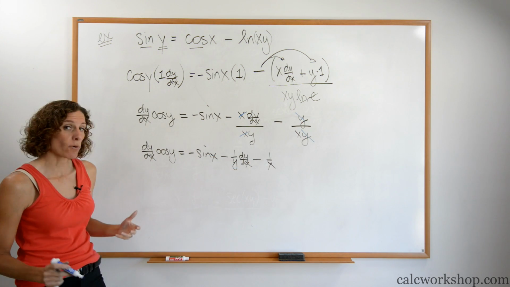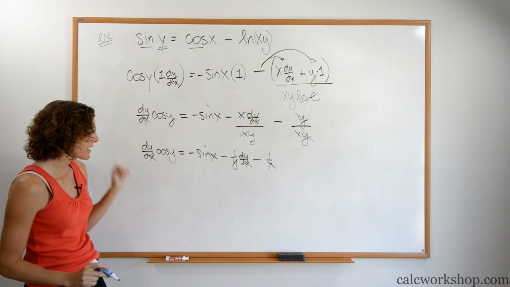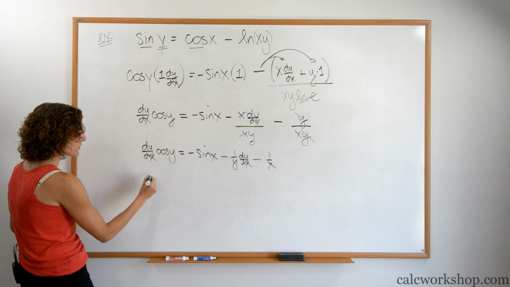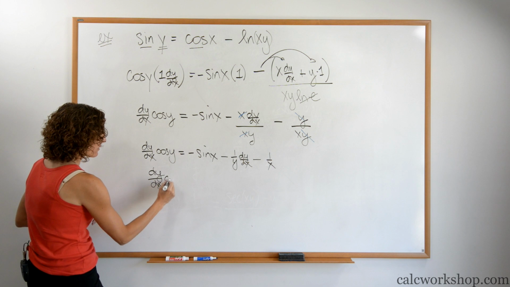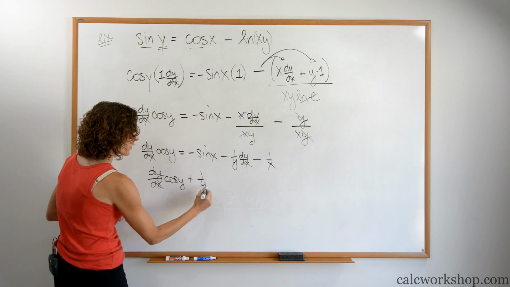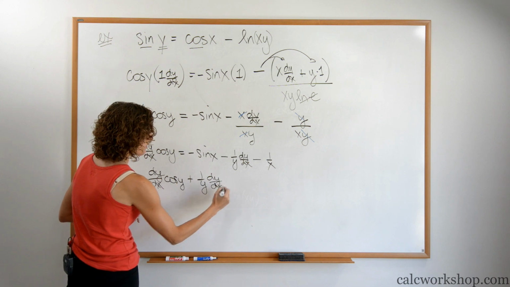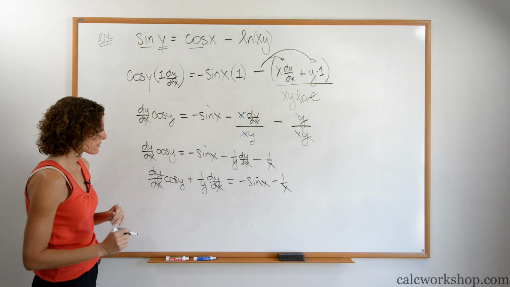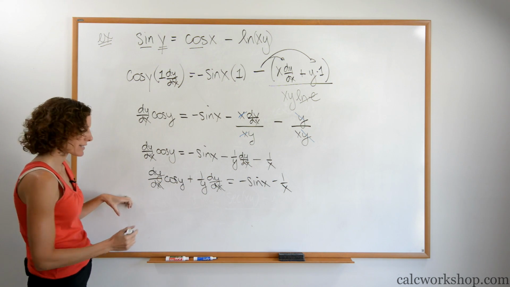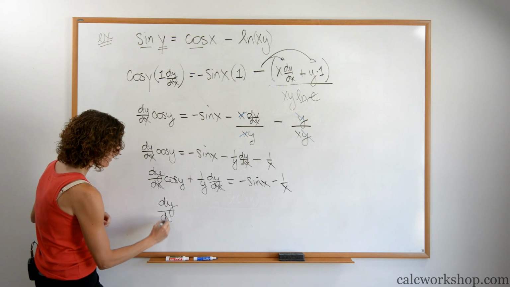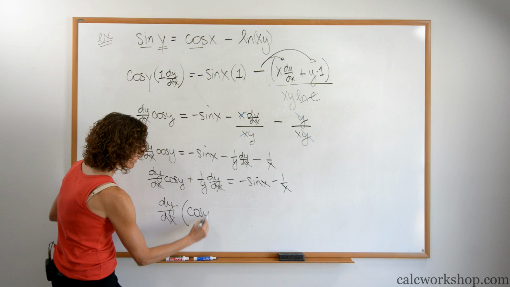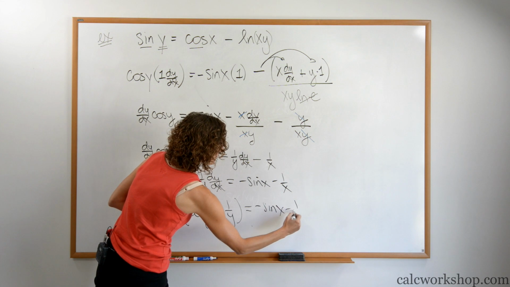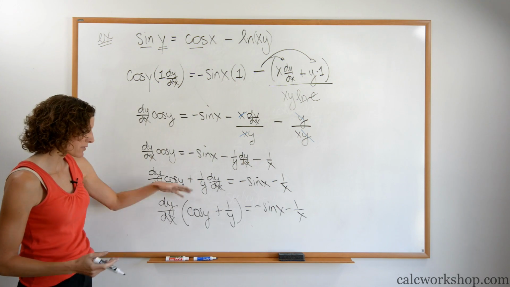Again, now our job is to get all the dy/dx's on the left, everybody else on the right. He's got to move. We're going to add it over. So dy/dx cosine of y plus 1 over y dy/dx equals negative sine of x minus 1 over x. What are we going to do now? Factor out a dy/dx. So we have dy/dx times cosine of y plus 1 over y equals negative sine of x minus 1 over x. Last step, divide by that quantity,